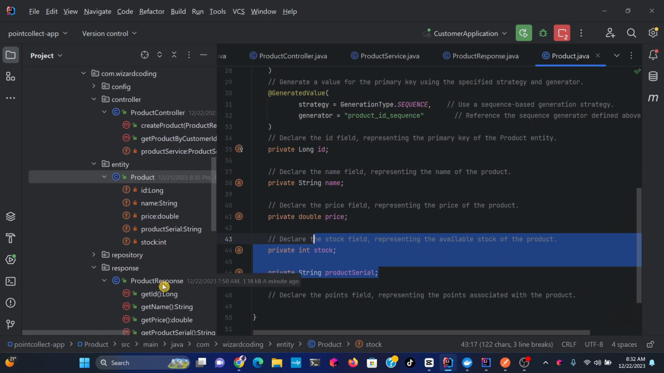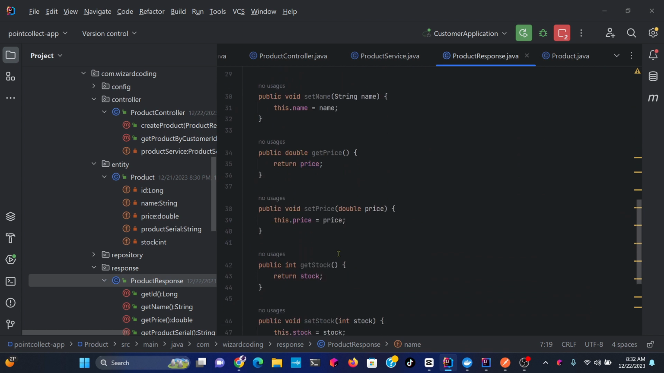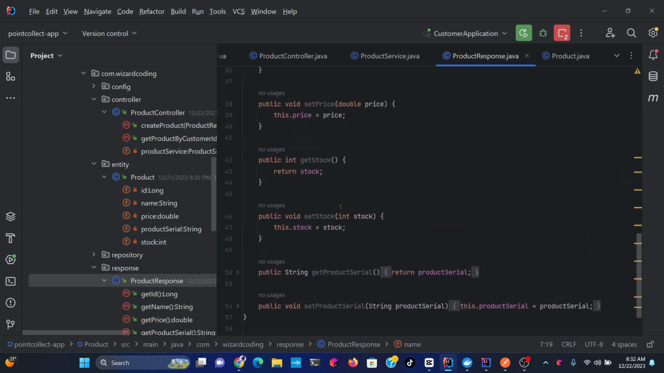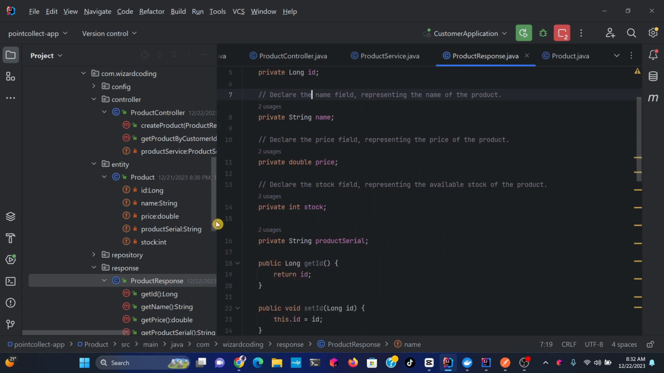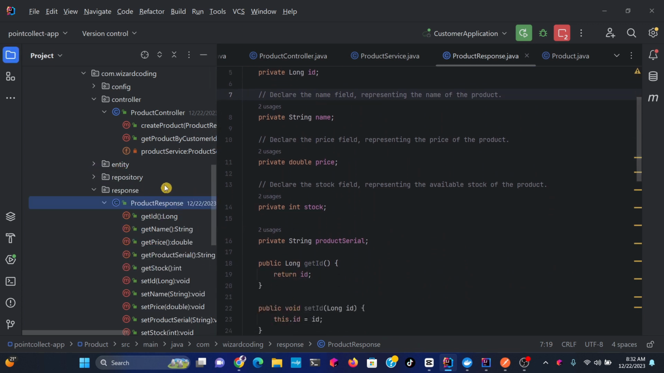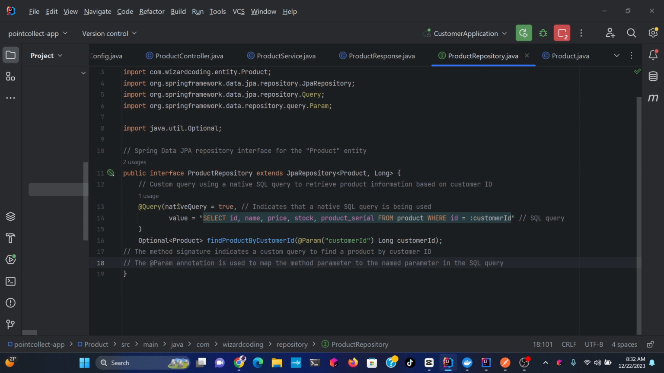Then after that, with product response, I went and did getters and setters, as you can see. Then after doing product response, I went straight to product repository, and here we are using a native SQL query to retrieve product information based on customer